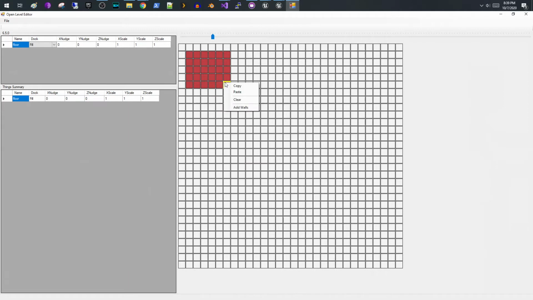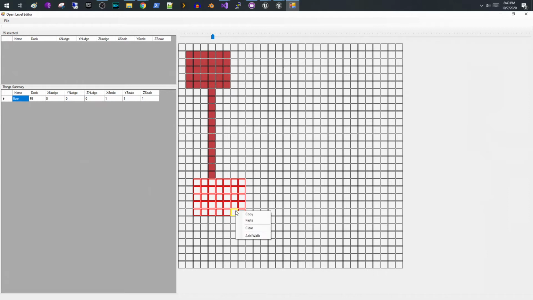What I'm going to do is just copy one of these tiles, and I'm going to drag down a hallway and do paste. And that is just copying all the contents of that tile to here. And let's say here, I'm going to drag out another room. I'm going to go ahead and paste that, right? So now we have this. And I'm just going to do a few more of these